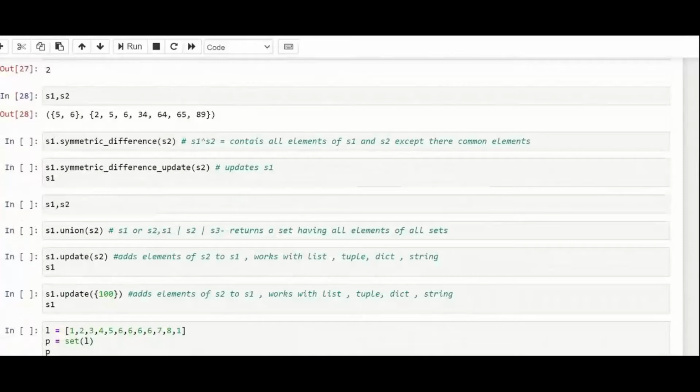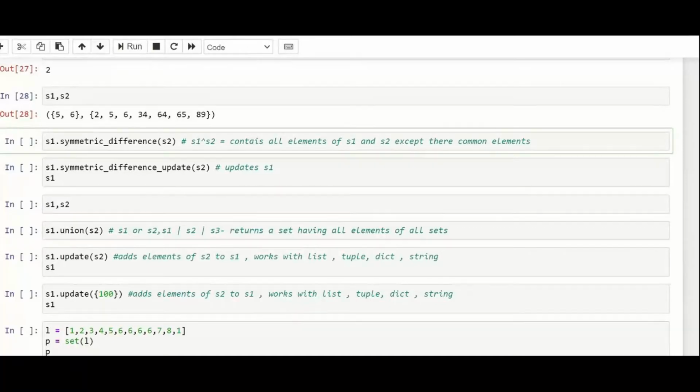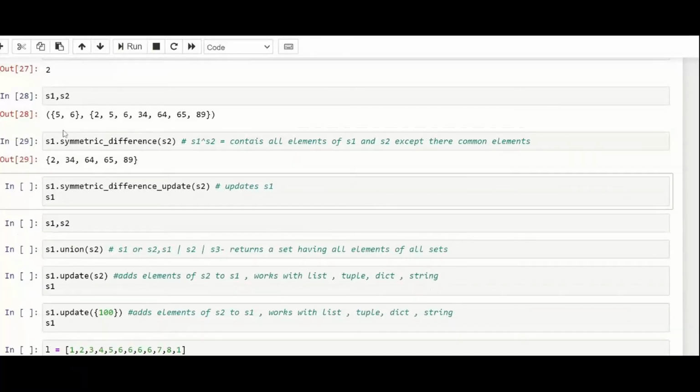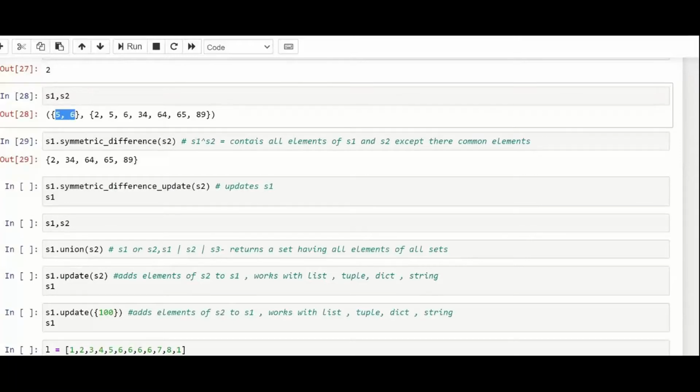So symmetric difference, what it does: this is S1, this is S2, and it will contain all elements of S1 and S2 except the ones which are common. It is quite the opposite of the intersection. Your intersection has the common elements, while this shows you the non-common elements of S1 and S2. As you can see, 5 and 6 are present in both S1 and S2, so we didn't get them as a result.